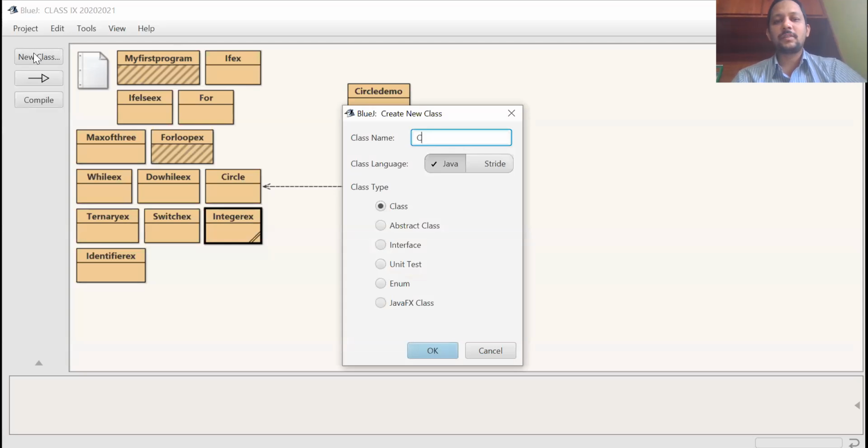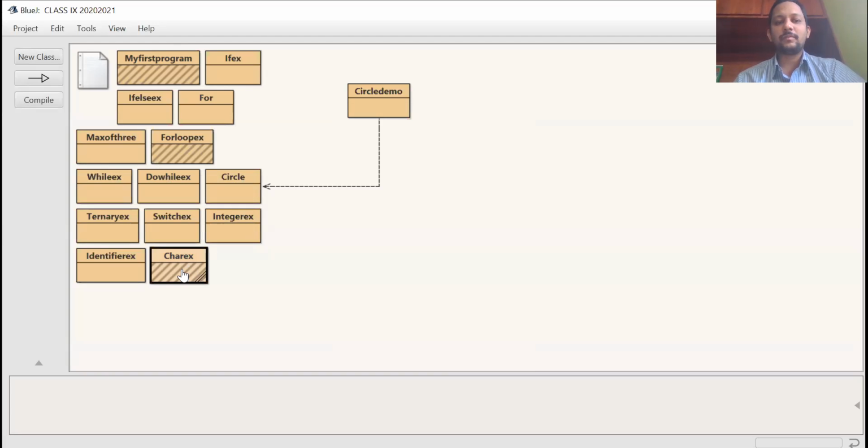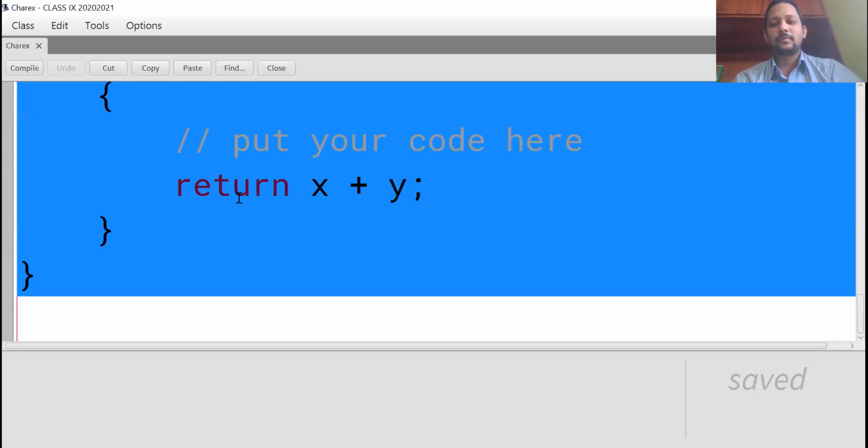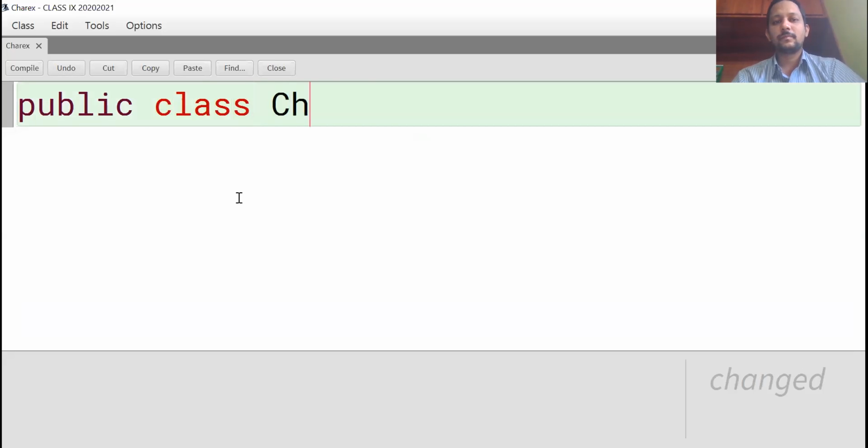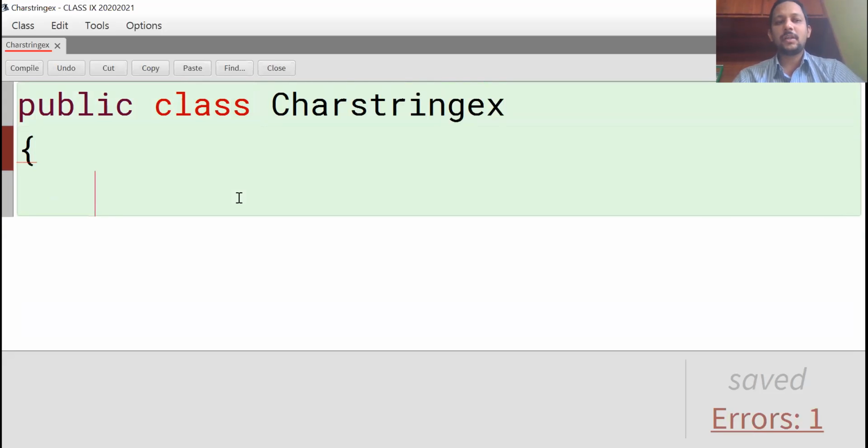Take a new class, character and string example, character literal and string literal example.